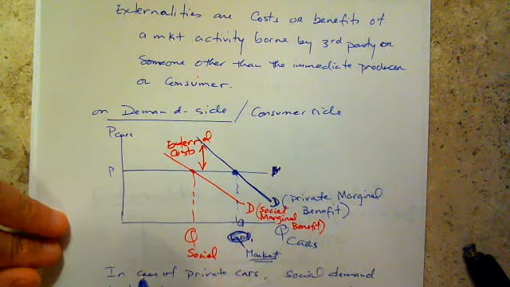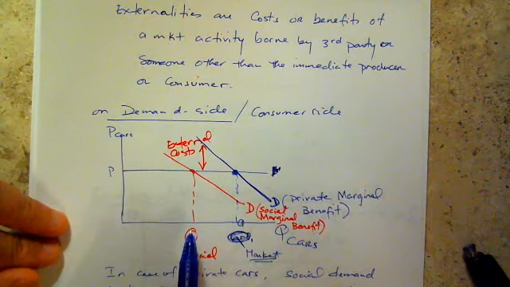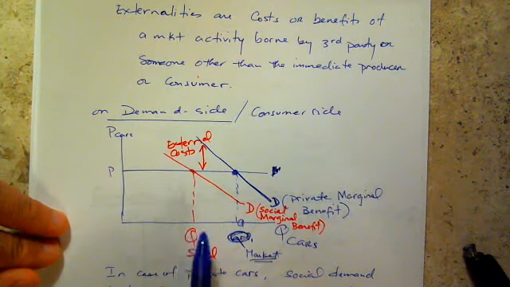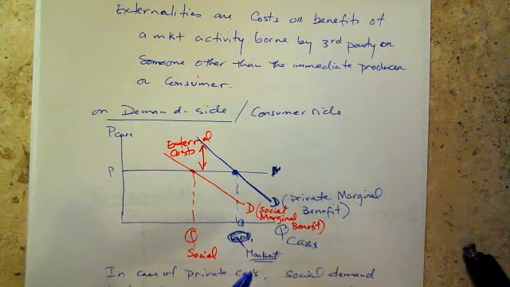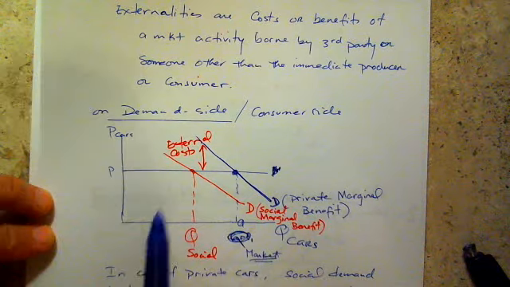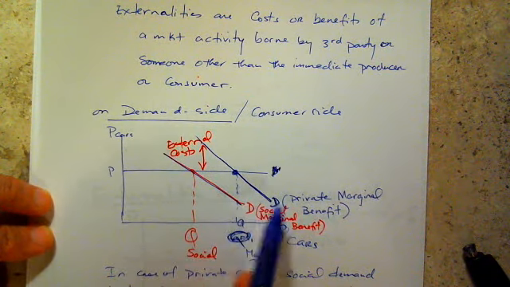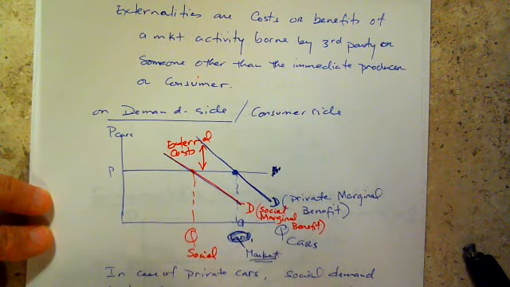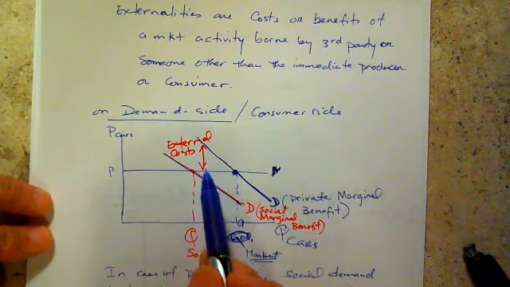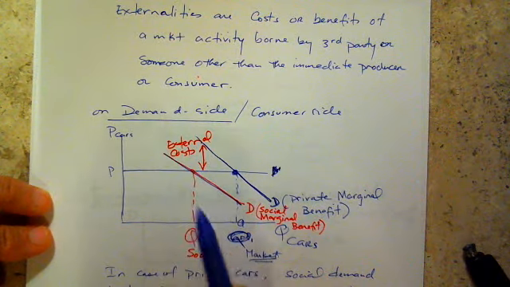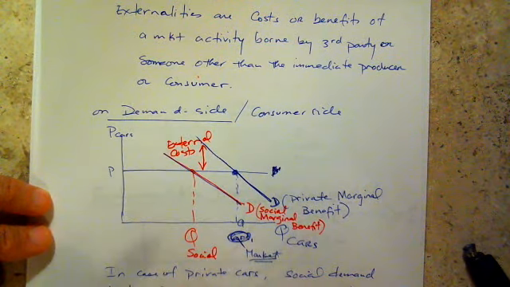However, from a societal point of view, too many cars is not desirable. They pollute, they cause congestion, we have to raise taxes to build more roads and bridges and parking spaces and traffic lights and so forth. So society would actually prefer to have fewer private cars, and therefore the demand from a society's point of view is smaller for automobiles than the private demand, and the difference is essentially the external cost associated with owning and operating automobiles.